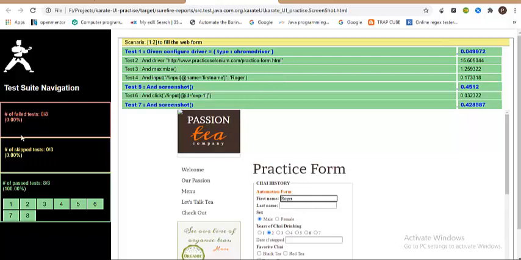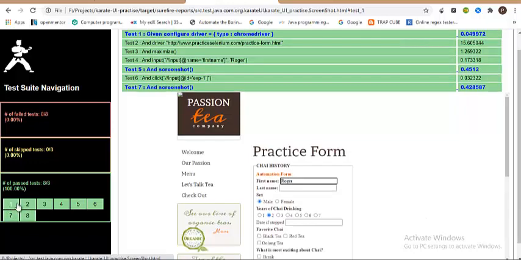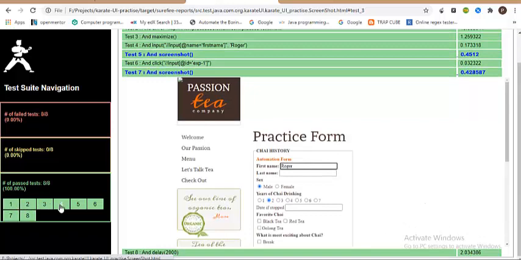You can see a holistic view of it, like how many steps there were and how many of them failed and how many passed. We are just green, because you can see that all are in green. We don't have any failures. If in case you encounter any failure, you will see that step recorded in red color.